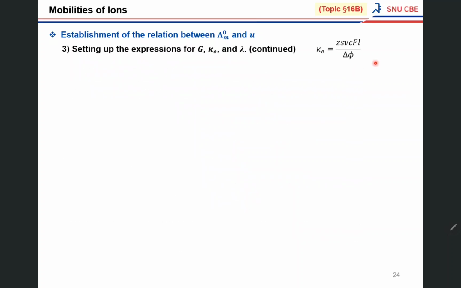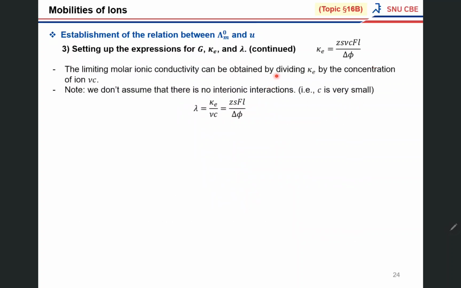This is the electric conductivity you just got. Now if you divide the electric conductivity by the concentration, then you have the molar conductivity of the ion. So you drop the nu and c here. Now you have z s large F L divided by delta phi. Here the concentration is very small, so the Coulomb law is satisfied. So you can find the molar conductivity of the ions and the parameters defining this electrolyte under the potential